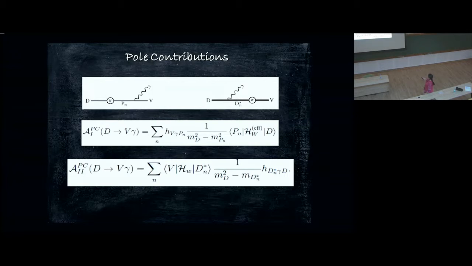So this one is getting contributions from some pseudoscalar poles, and this is getting contributions from vector poles, and you calculate those contributions. These you call type 1 and type 2. Basically, you have this interaction, the propagator, and this coupling, which you try to determine from experiments. And of course, in the second case, you have the other way around. You have this photon coming first, this coupling coming first, and then the propagator.